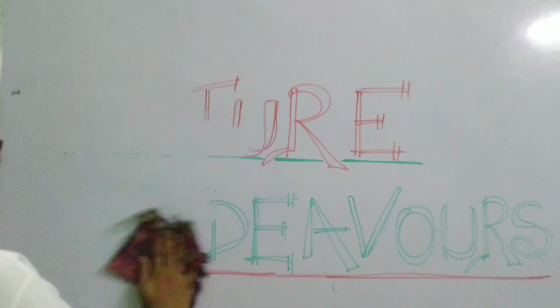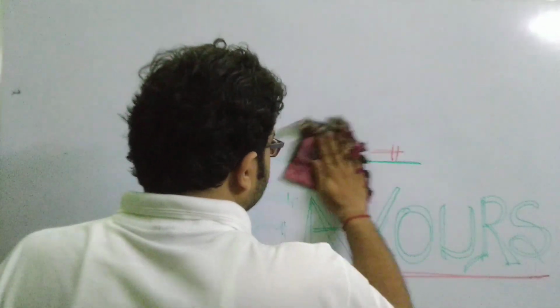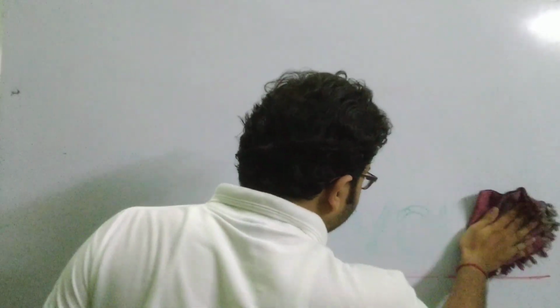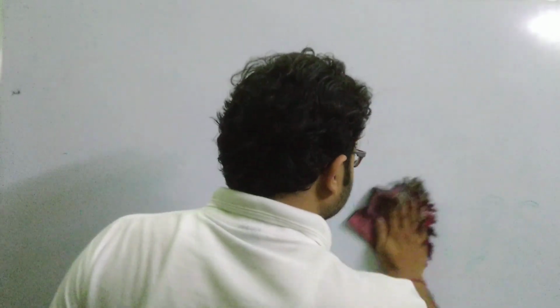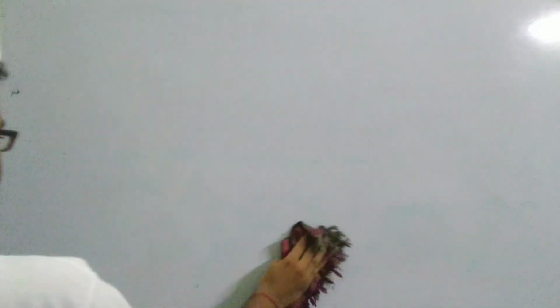It is very important that when you solve any physics numerical problem, you first of all write down the given information and see what you have to calculate. Accordingly, think of which formula you can apply, and it will be easier for you to solve the problem. So let us see what the problem given is. I am just noting down the problem so it will be easier for all of you to follow. So it is saying that